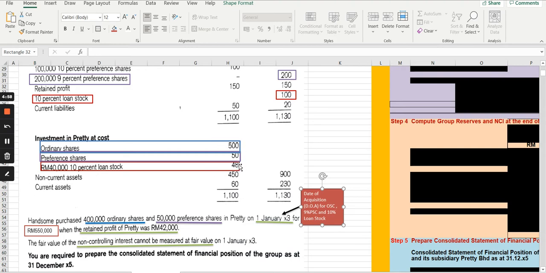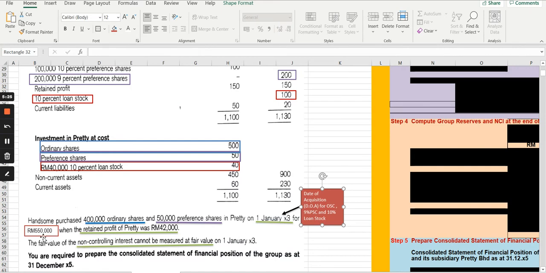And this is the separate financial statement of the parent, where you can see that there is a breakdown on what was the cost of investment for the ordinary shares, preference shares, and the loan stock. So the loan stock that was acquired is 40,000. So we can use that information, and all of them were acquired on 1st of January